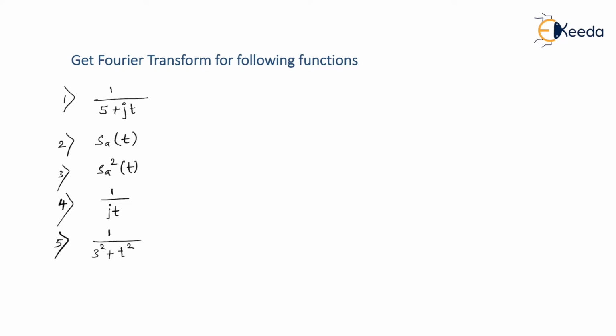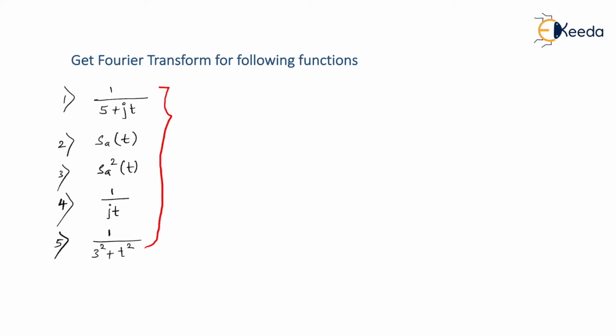If you notice, there is a common thing in all of them, and the common thing is that they are not standard functions, right? Because we haven't seen such functions for taking a Fourier transform. I mean, we have taken e to the power minus at dot u of t. I can say it is a standard function for which a Fourier transform is known to me. It is 1 upon a plus j omega.